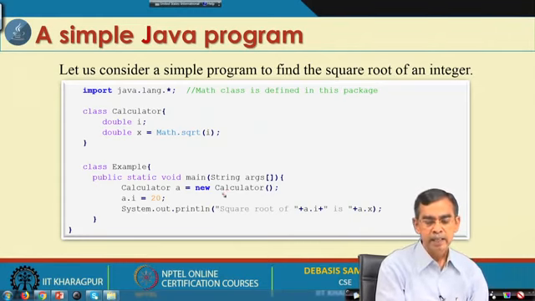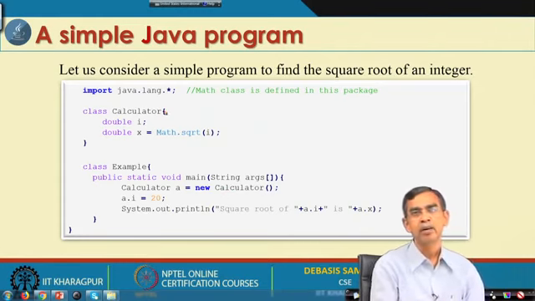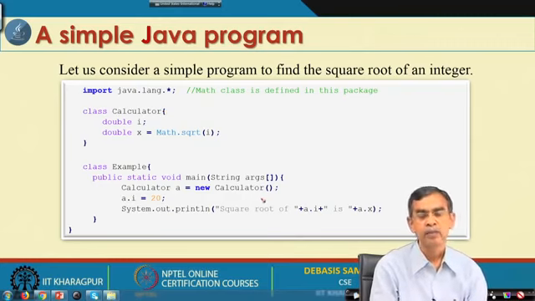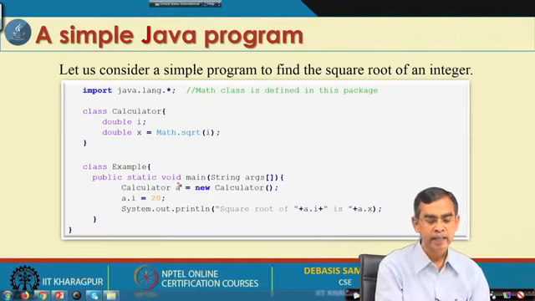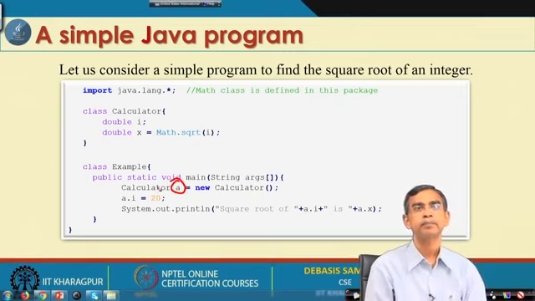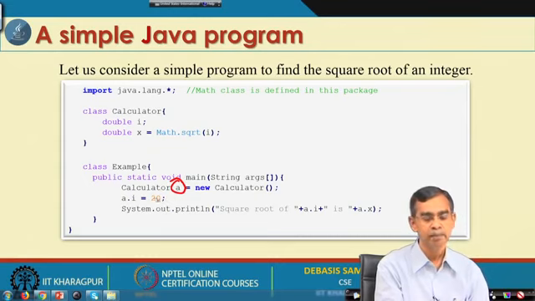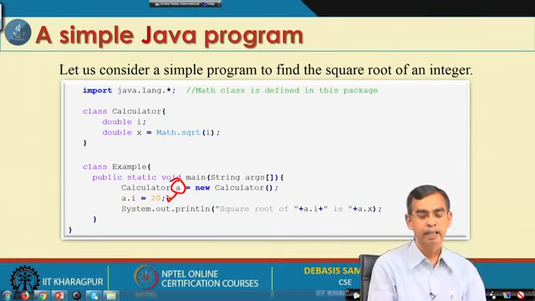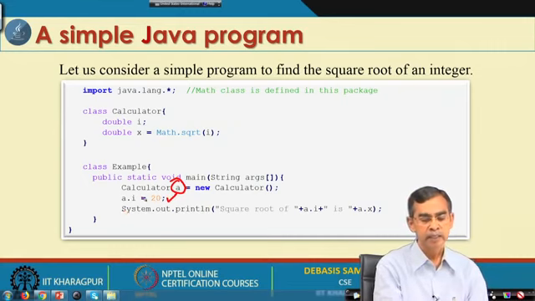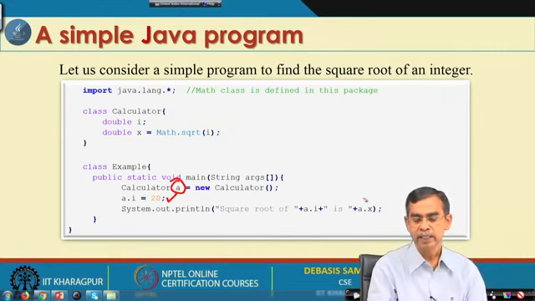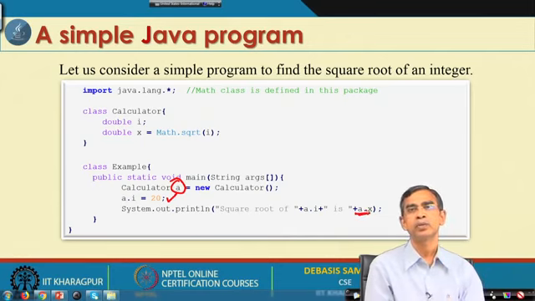Here we can see the Calculator class, which we have already declared, and for this class we create an object, and the name of the object is a. For this object we initialize its member value i as 20, and then finally we use this object and print a.x, where x stores the square root value of i.